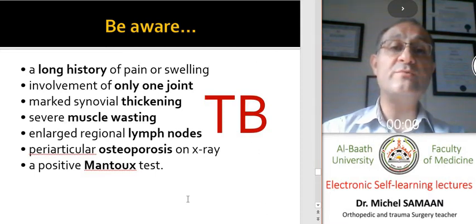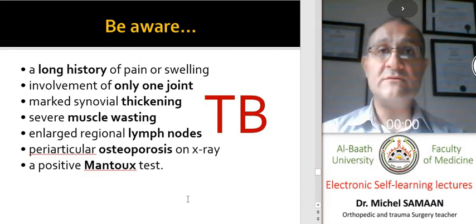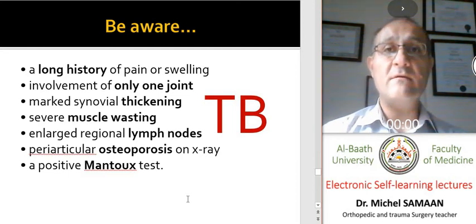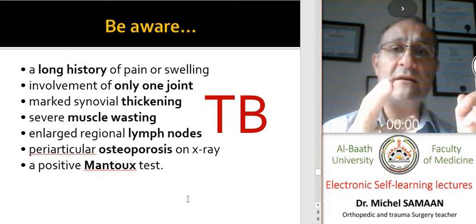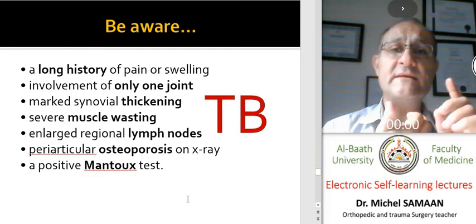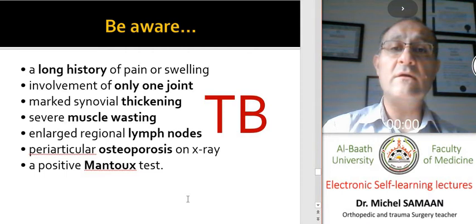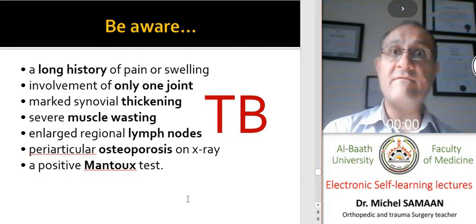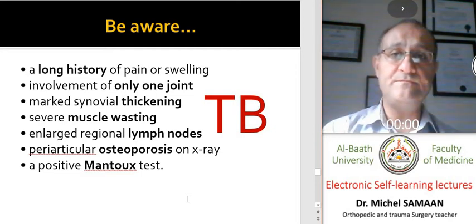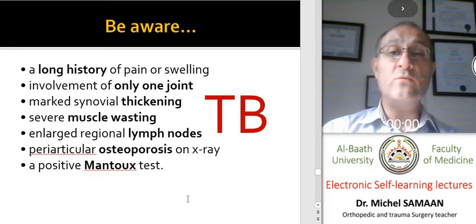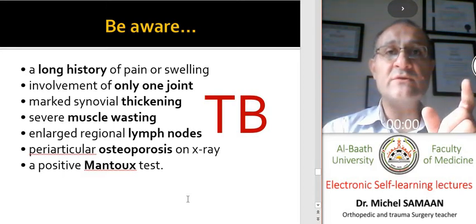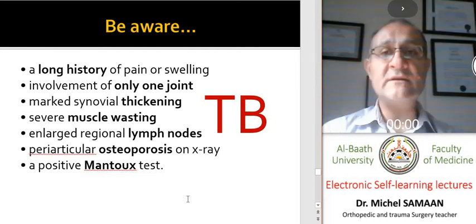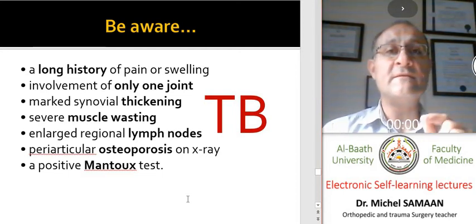we should always suspect tuberculous infection. So the patient may present with pain, swelling, lymphadenopathy, muscle wasting, and regional lymphadenopathy, as I have said. On X-ray, if we have synovitis or septic arthritis, we may have osteoporosis, periarticular osteoporosis. We should suspect the presence of tuberculous infection, and we should request a Mantoux test or tuberculosis test that may